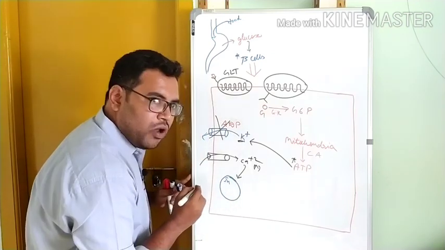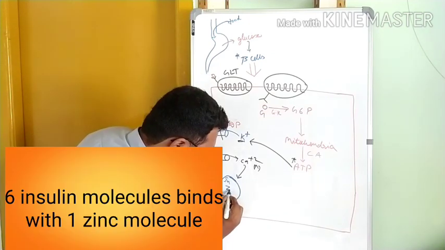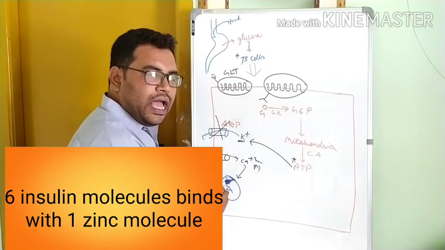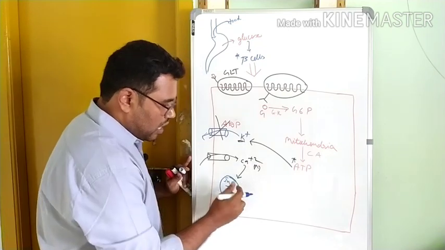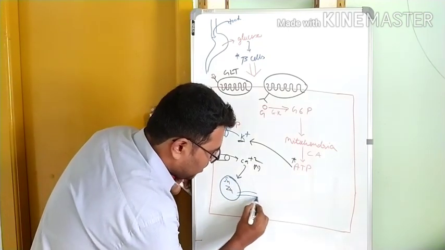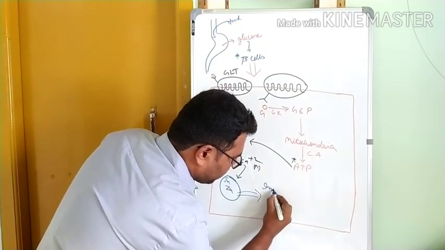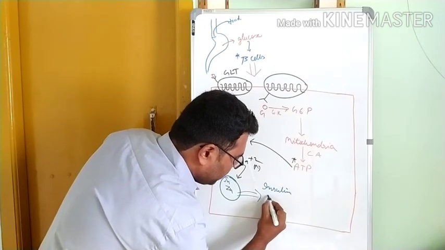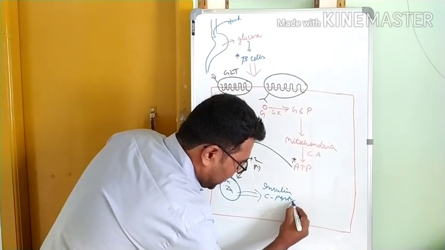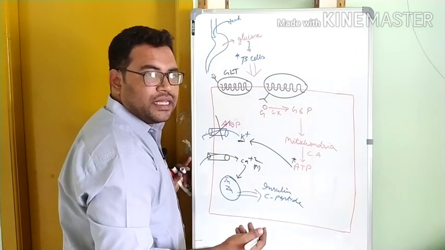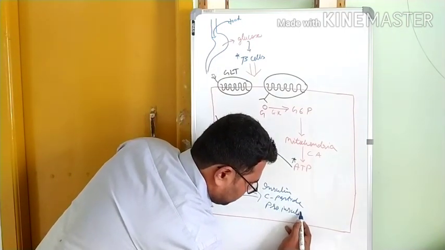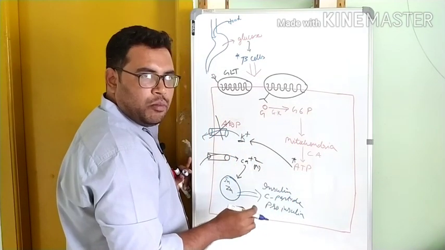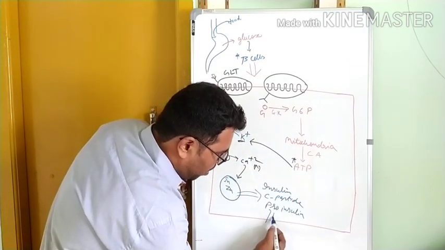This is the insulin molecule along with zinc. Insulin is stored along with zinc molecule. So calcium enters into these granules and they will release insulin along with C peptide. Sometimes there may be chances of releasing pro-insulin also, right? So all these molecules will come out of this cell,